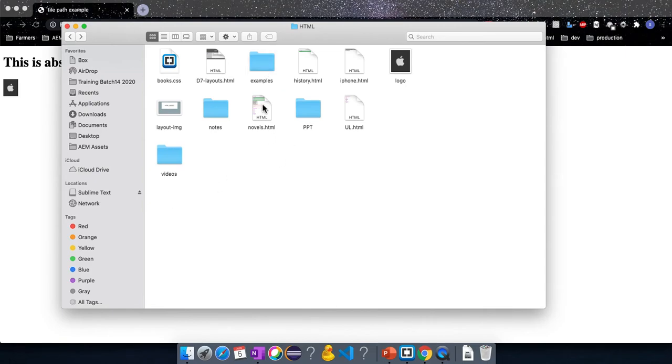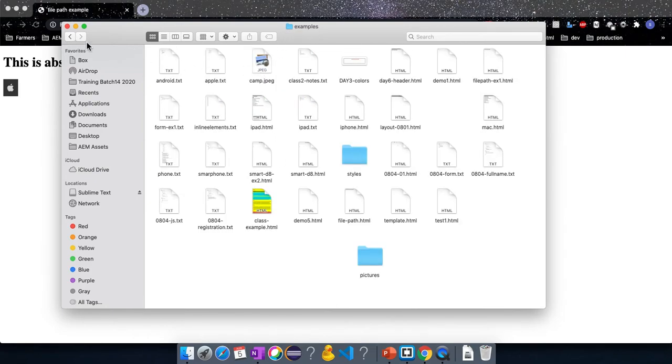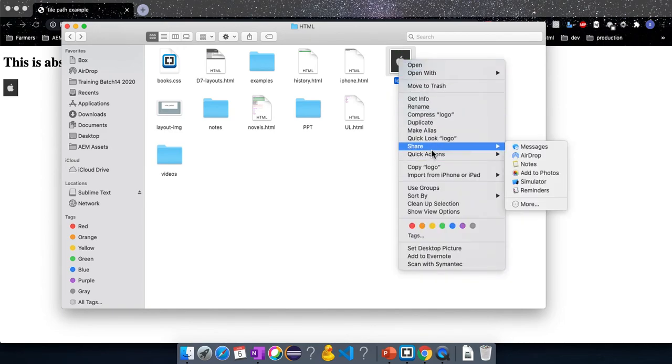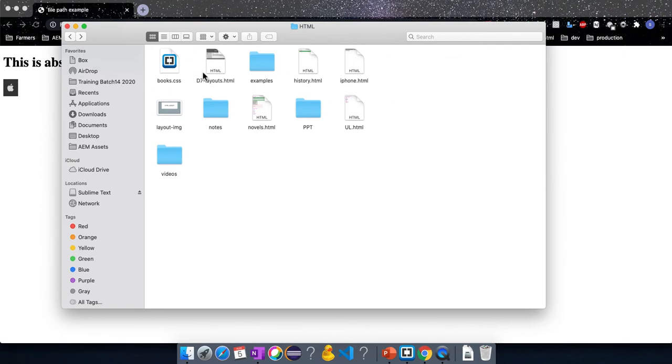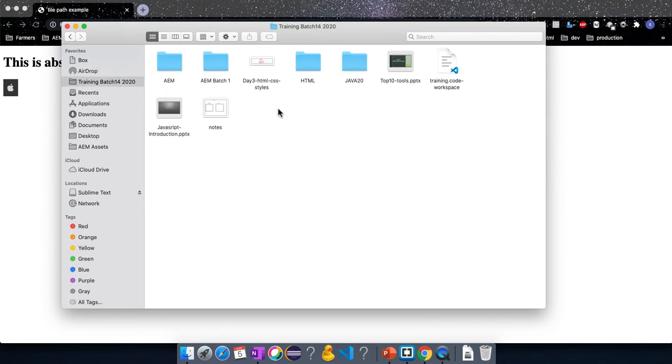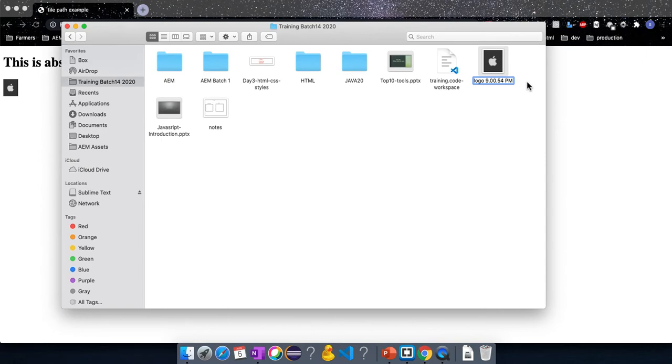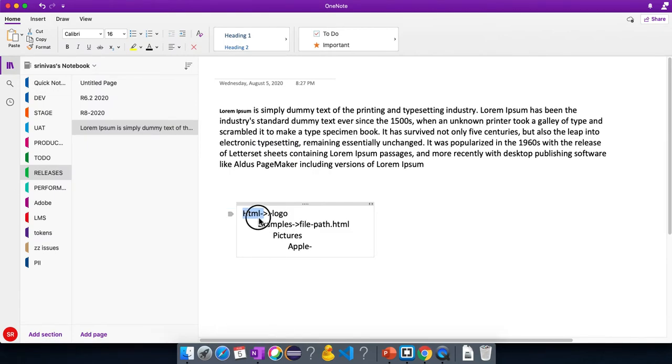So let's do the same thing. Go back, take out this from here, copy this and then delete it. Now I'll go and put it here, paste item. So now the logo is available. Just rename here. Yes, so now the image is available in the grandparent. What is the grandparent? If you see here, the image is now available in the HTML parent folder.